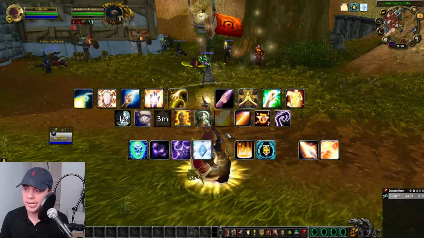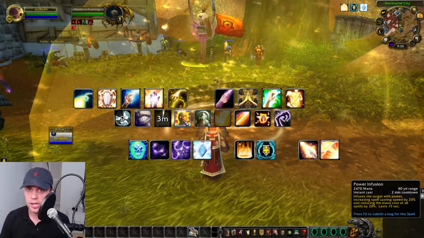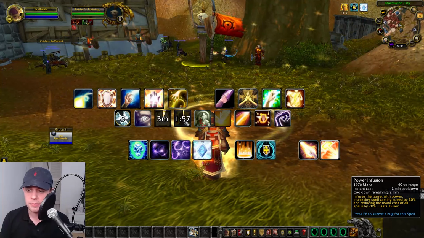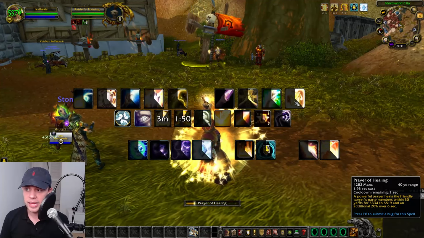Power Word: Barrier, a placeable barrier. Remember, of course, reducing damage everyone takes when they're in the barrier. Really good for AoE. You can use your Power Infusion on cooldown, increasing your casting speed and reducing mana cost by 20%. Really good if you're spamming out AoE heals, for instance, on Prayer of Healing, with that extra casting speed